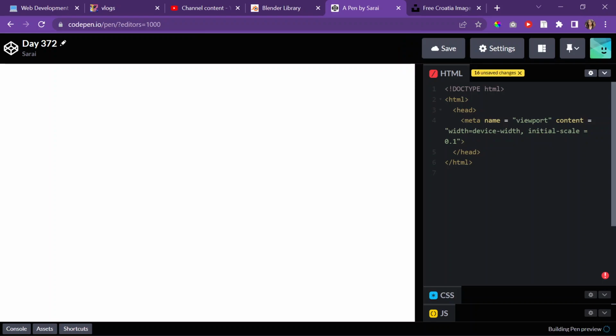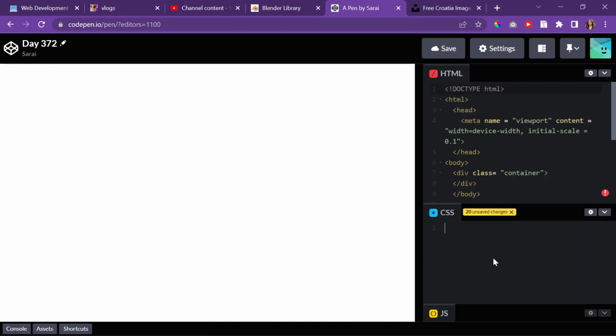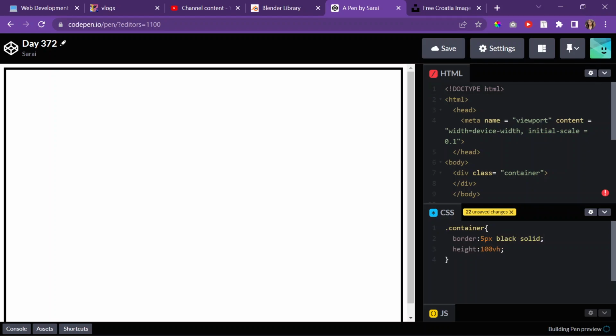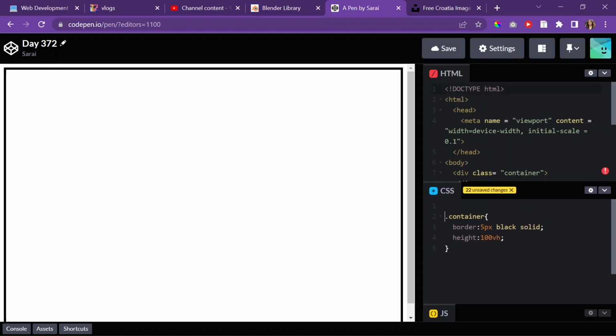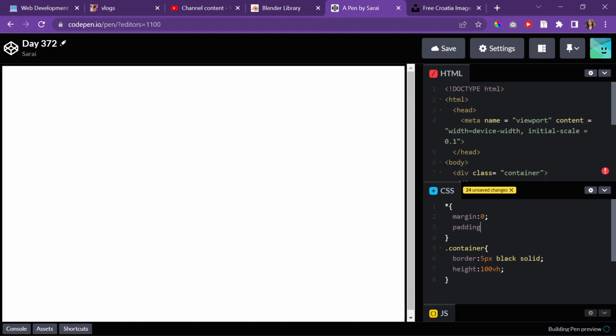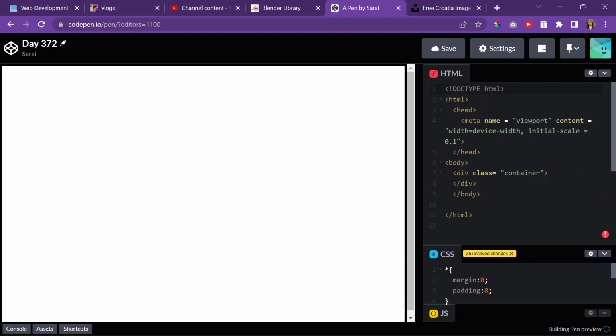So that's that. And then for the body, that's basically all my front end stuff. So I'll start with a container, and then I'll go here to CSS and target it, give it a border 5 pixels black, solid, height 100 VH. Alright, and then I'll get rid of any margin and padding that there is. So zero out those values, and then inside the container I'm going to have another div and I'm going to call it